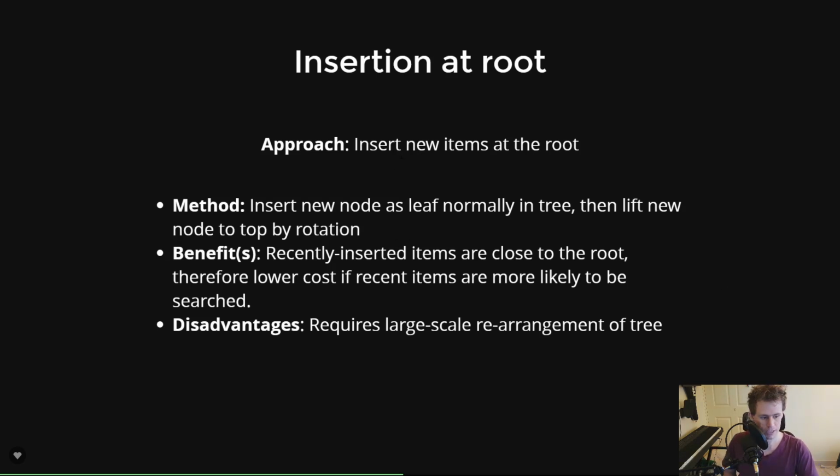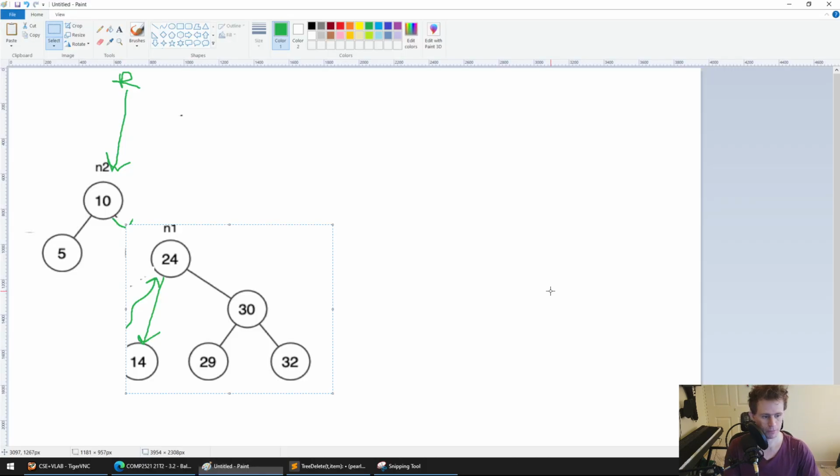Now, there are two key methods of using rotations to balance trees, and this one is possibly one of the most basic ones, and it's this idea of insertion at root. And insertion at root is really interesting because the idea of this is that